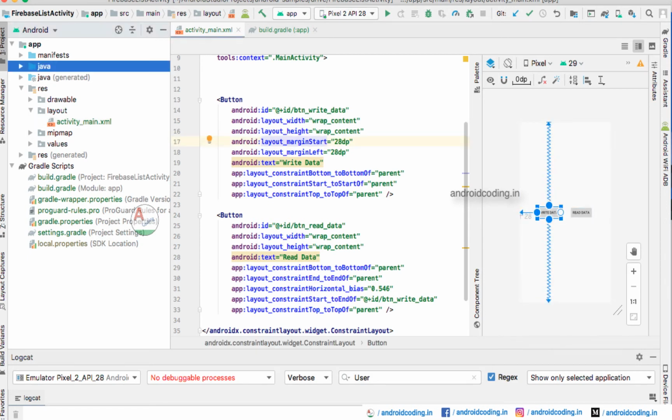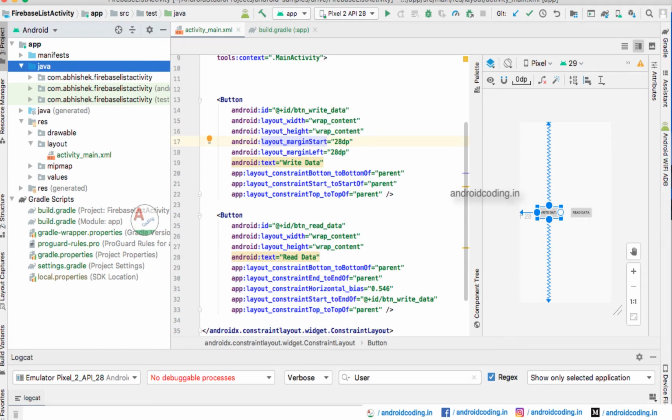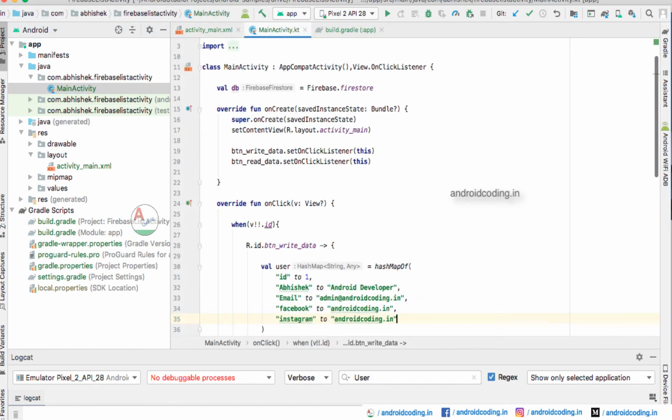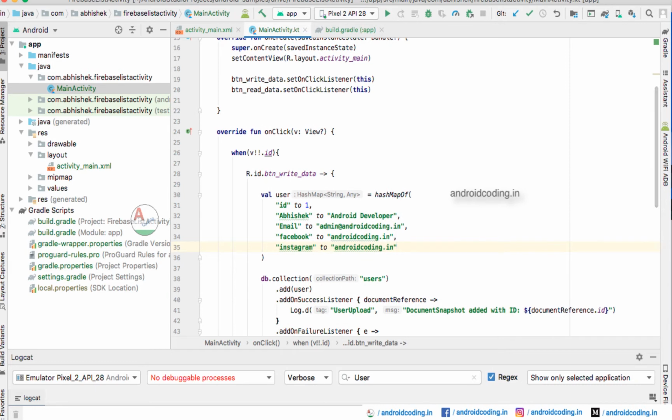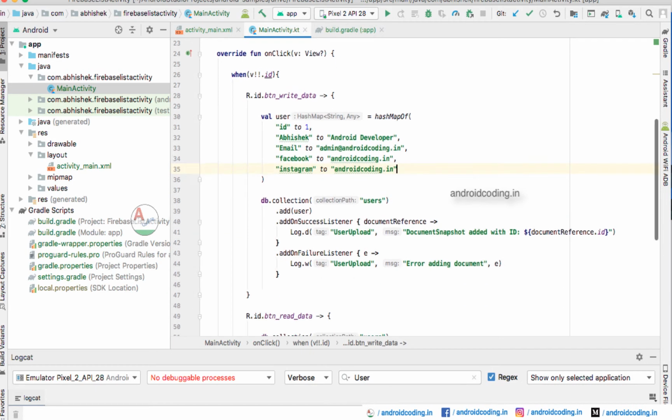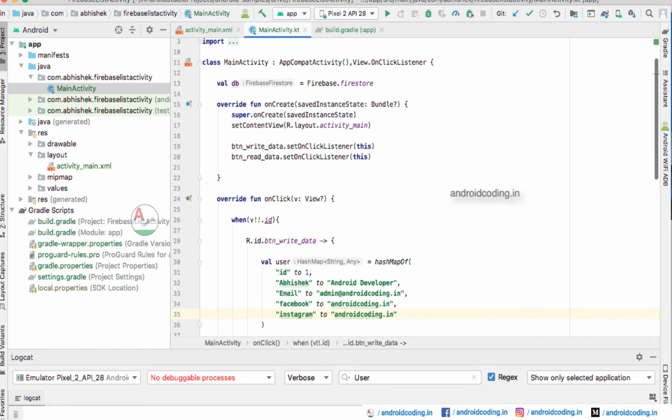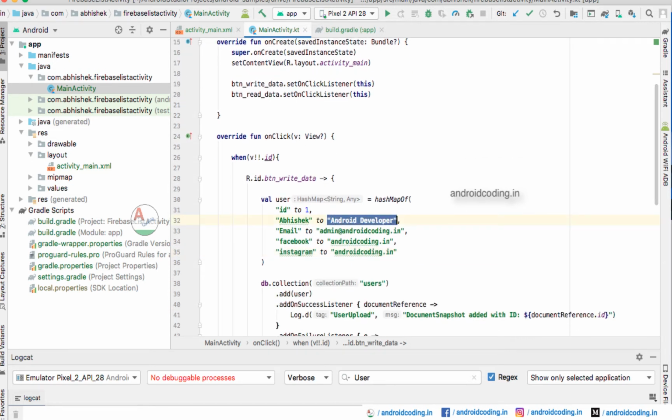I am showing you the predefined data over here. We can also make some edit text and take the user input and all those things. To make it simpler for you to understand, I am making it static data only. There is no problem if you take edit text also, you need to provide your edit text value here. Here this is a value and here it will be a key. I think you might know this. It's a mapping. If you are a beginner and having difficulty dealing with these things, please do let me know in the comment section below. I will surely help you.